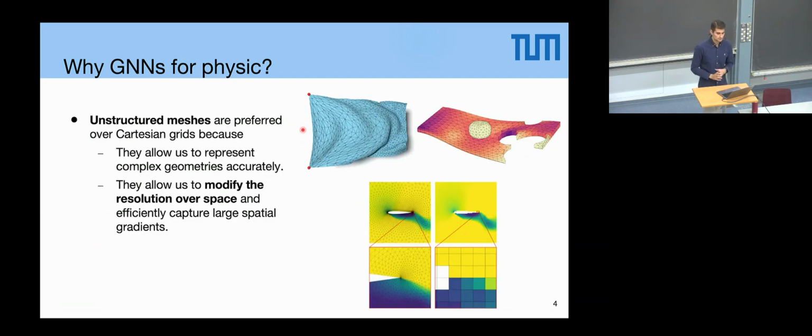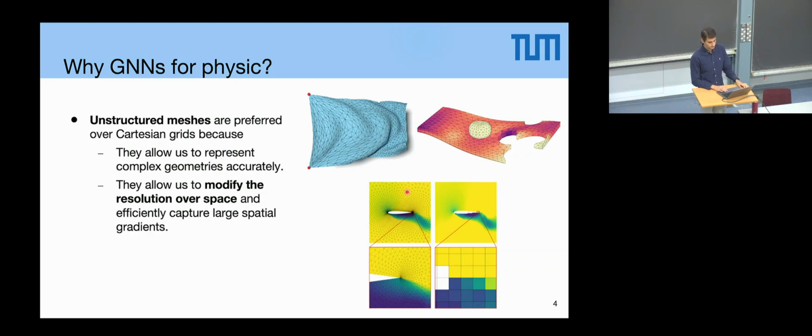In some problems, it's quite useful to use a mesh or a graph representation because we may have complex geometries like this waving flag that, for instance, could be used to represent clothes in video games. And with this kind of graph representation, we can place the nodes on the surface of it. Also, if we have aerodynamic problems, we are representing here accurately the airfoil because we are placing the nodes on